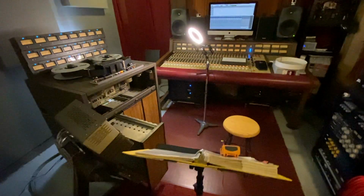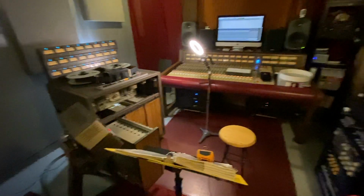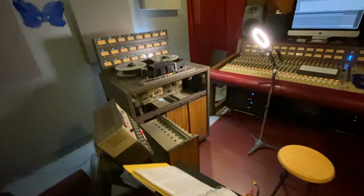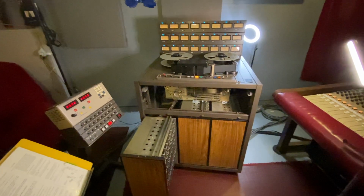I hope this helps you. If you've seen anything I did wrong or could do better, please let me know. I'm constantly learning all the time. But I could tell you this, I've been calibrating this machine myself, and it works every time for me, no issues. I recapped